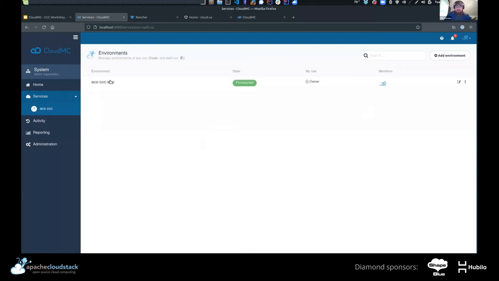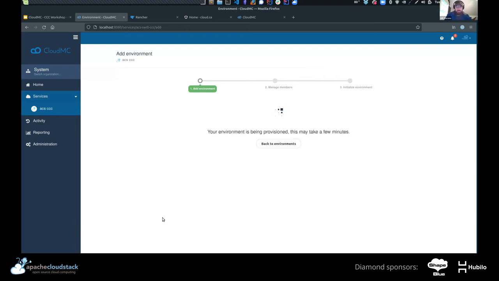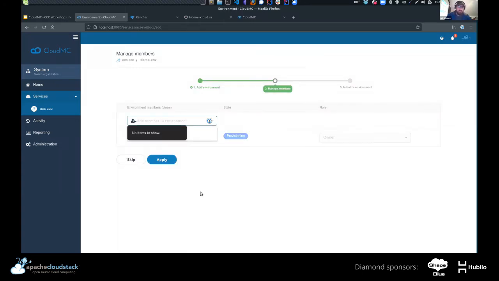So this is an environment. I'll create another environment just to show you what it means to be an environment. Here's an environment, and you can either allow external members or not. In this case, an environment essentially is a mapping of resources to users. What that means is that if you have a group of users who need to access a certain set of environments or a certain set of resources, so VMs, networks, and so on in CloudStack,